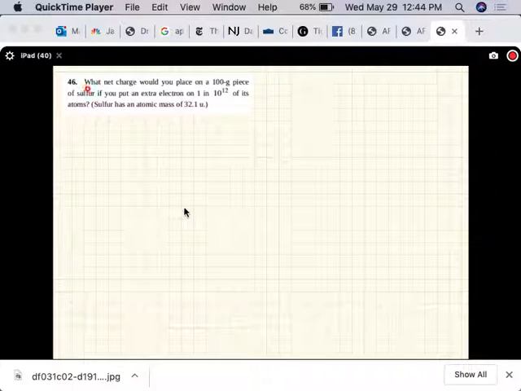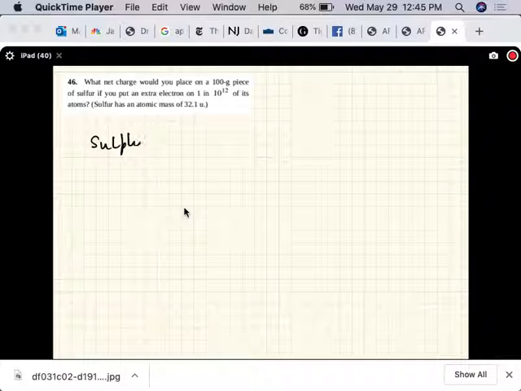Okay, this problem says, what net charge would you place on a 100-gram piece of sulfur if you put an extra electron on 1 in a trillion of its atoms? Okay, so we'll have to find out how many electrons you're putting in. Sulfur has an atomic mass of 32.1 units. Okay, so that means